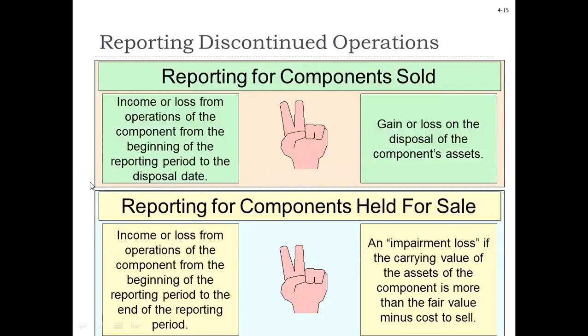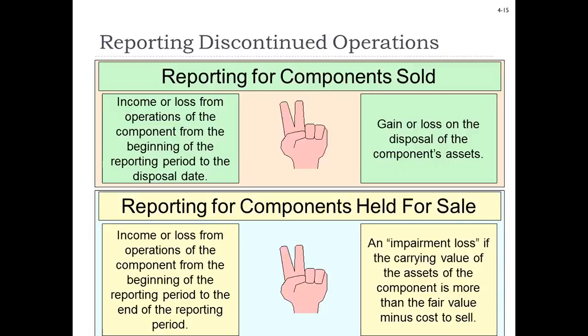There are two aspects of discontinued operation. One, when a company sells a segment of their business, they may have a gain or a loss upon selling that segment. A loss occurs when they sell the segment for less than the book value, the carrying value on the books. There's a gain if they sell the component for more than what it's on the books for. So at the time they get rid of this segment, there's going to be a gain or a loss